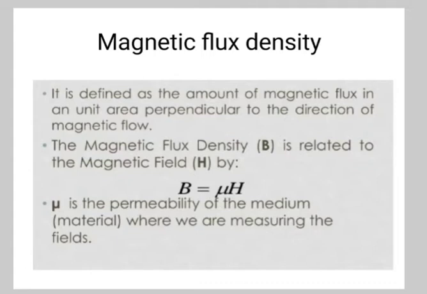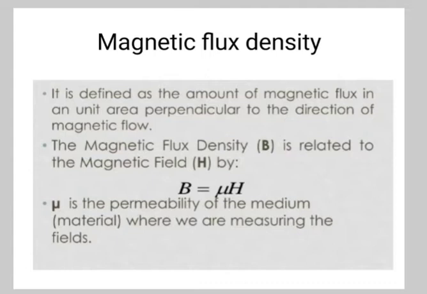And magnetic flux density is defined as the force acting per unit current per unit length on a wire which is placed at right angle to the magnetic field. So the unit of B is Tesla, that is T, and B is a vector quantity. So B is equal to F by IL. What is L? L is the length of the wire, F is the force acting on the wire, and I is the current flowing through the wire.